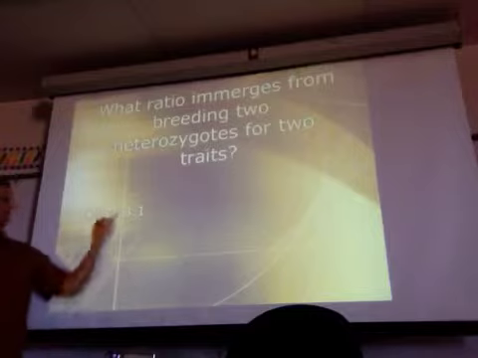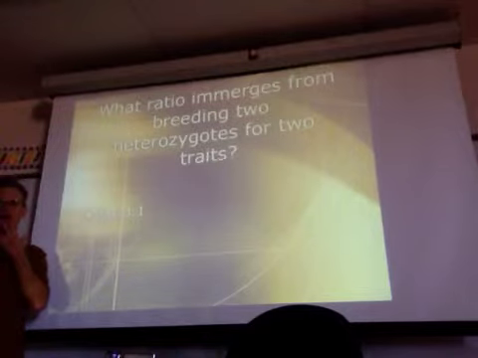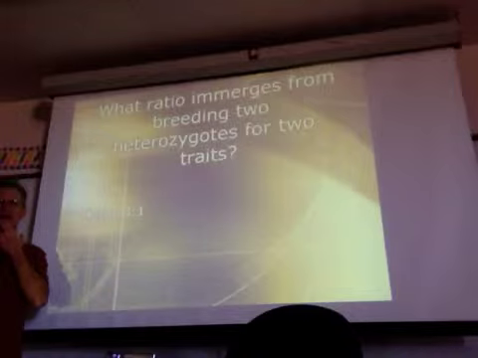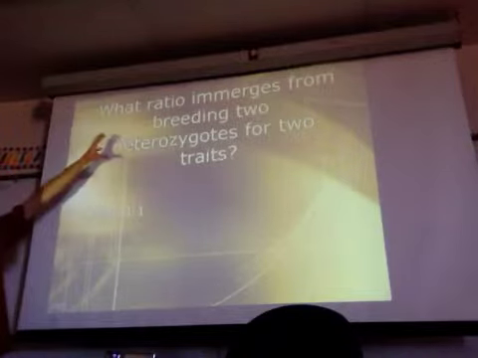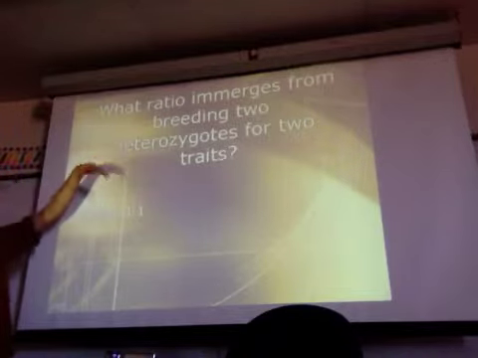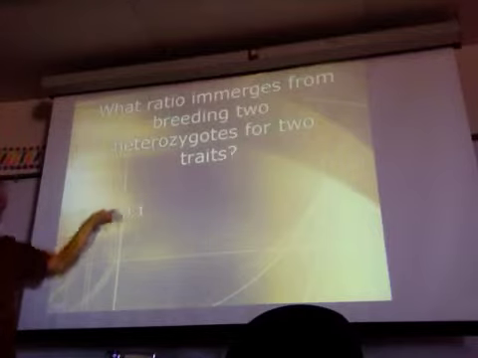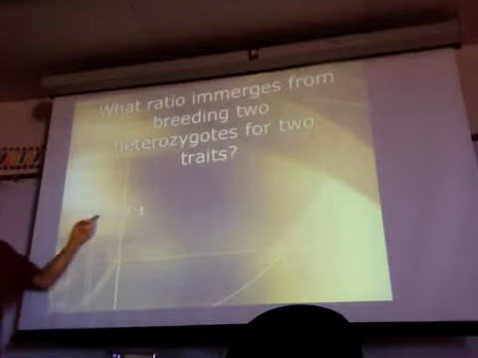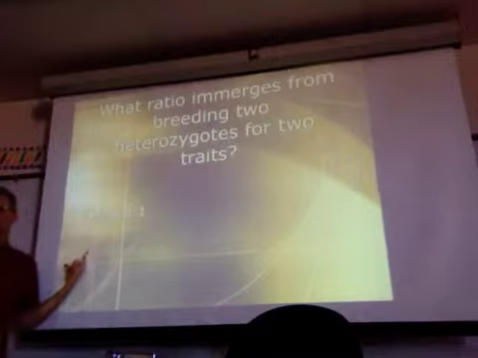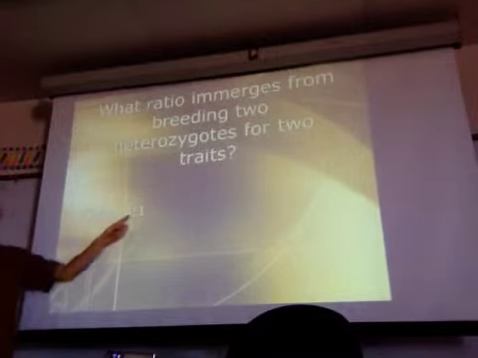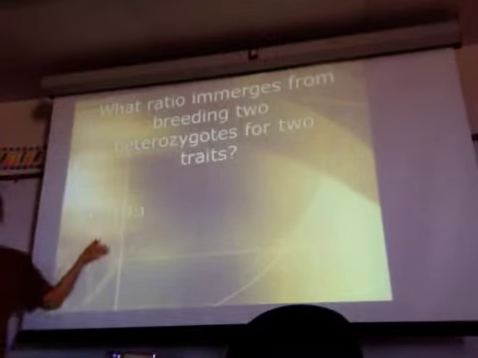So if it's dominant and recessive, it's going to be 9:3:3:1. Well, it's a dihybrid cross, right? When you have both hybrids crossed, that would be the phenotypic ratio. So 9 of them are going to be both dominant traits, whatever they are. The 3 and the 3: the first one will be dominant, the second one recessive, and